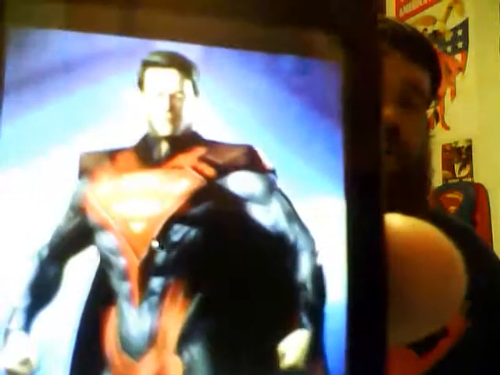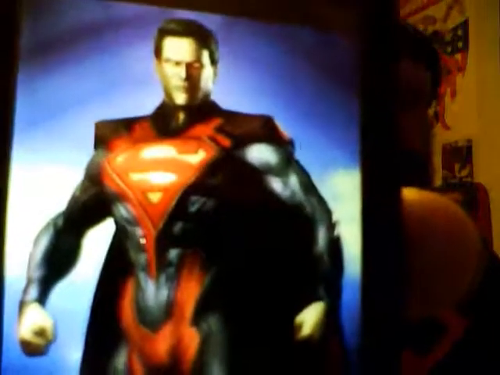The version from the new game Injustice: Gods Among Us. Hope you can see that real good there. I like this version of Superman. Of course, if you've played the game already, you know there are two versions of Superman in the game: the good version and the version that went all a little crazy, the Regime version of Superman, that took over his world. And the reason I like him pretty good is because